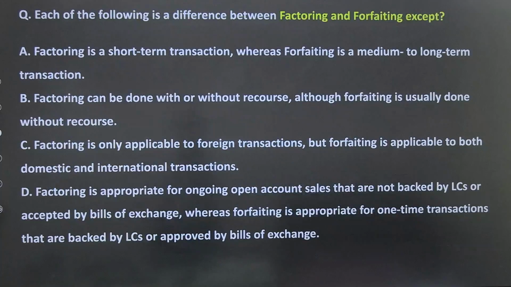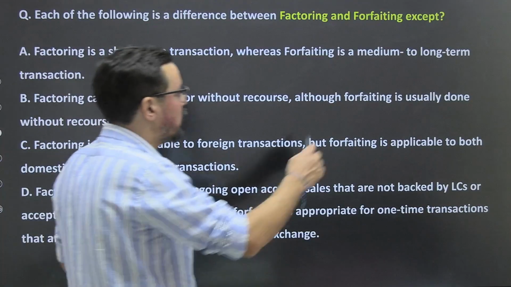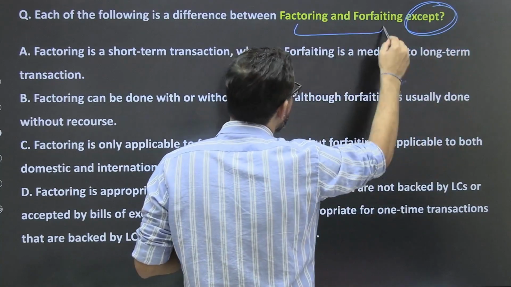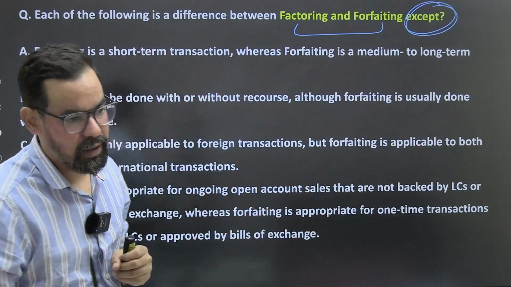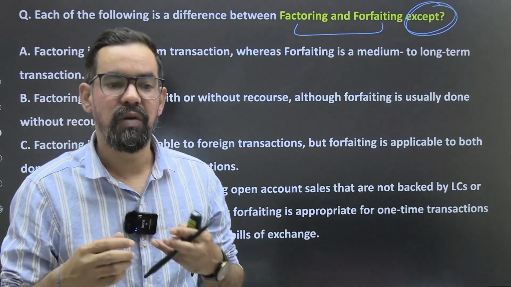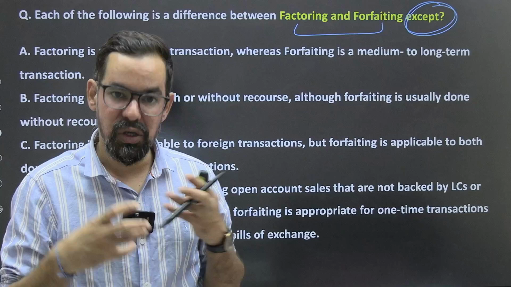Sometimes you'll see questions based on these kinds of statements also. Each of the following is a difference between factoring and forfeiting except. So you have been given four statements and one is incorrect about the major differences between factoring and forfeiting. So factoring is a kind of open account basis transaction where banks generally work as a factor and they